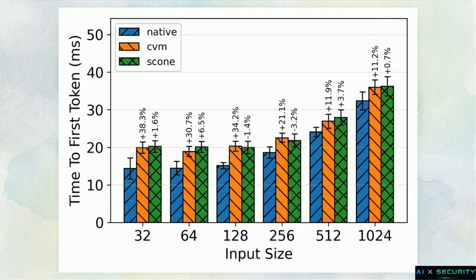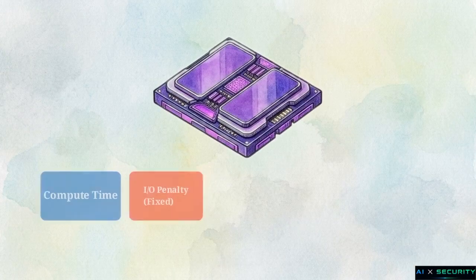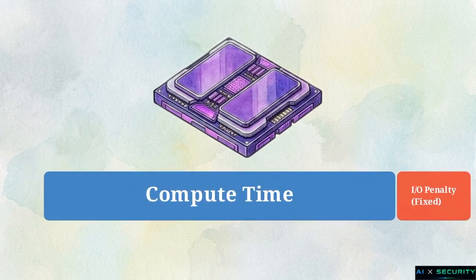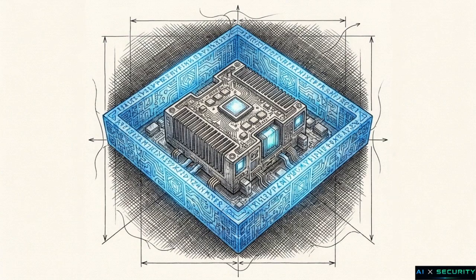SCONE achieves this zero overhead profile because it executes system calls synchronously. Rather than double encrypting memory, the runtime simply relies on the CVM's existing memory protections. Securing the architecture at the application level mathematically costs zero additional latency compared to a standard confidential VM deployment. However, looking back at the chart, there is an unavoidable performance gap between the unencrypted native deployment in blue and the secure VM in orange.